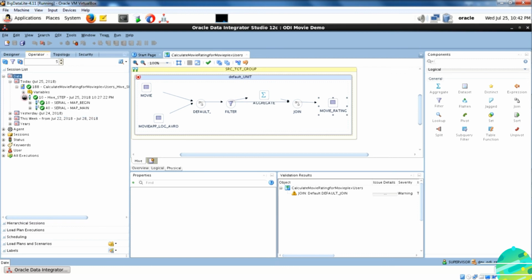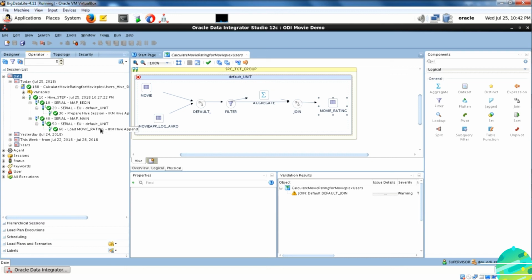Very good, it finished successfully, no error. Awesome. Check the data in movie rating data store. Right click on select view data. Here you go. Lot of data in movie rating table. It's populated.